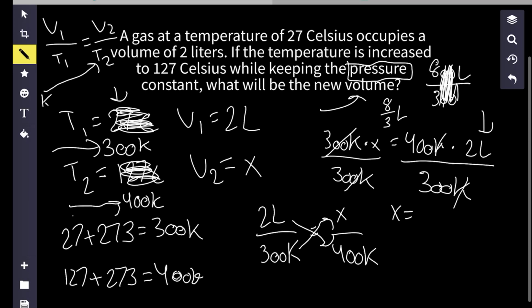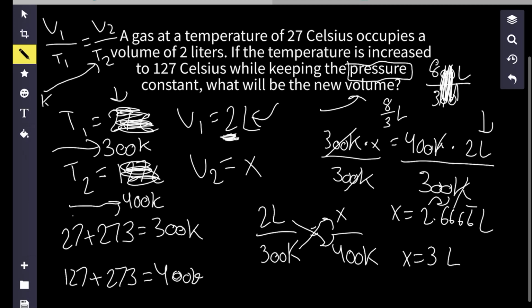And 8 divided by 3 is just going to be 2.666 repeating liters. But we have to round to the correct number of sig digs, the unit with the least amount of sig digs. Let's take a look back at our formula, and we see that our V1 has the least amount of sig digs. It has 1 sig dig. Because we're doing multiplication and division, we have to round to 1 sig dig. So our answer is going to be